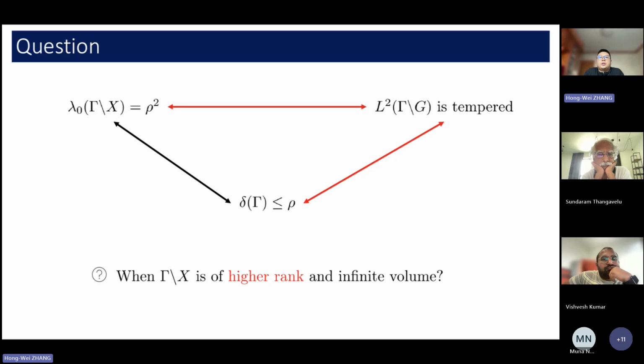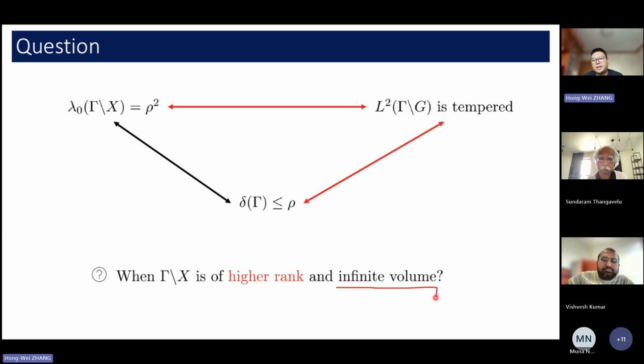So at least we know that in rank 1, this diagram is completely commutative, right? We have equivalence between these three objects. So our question is quite natural. We want to know what happens in higher rank. But this